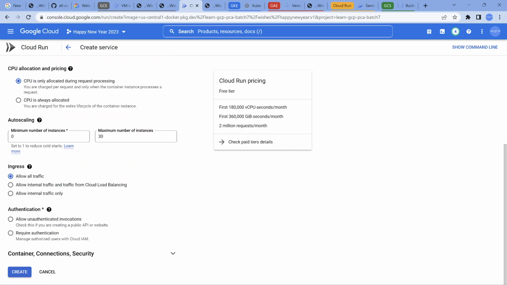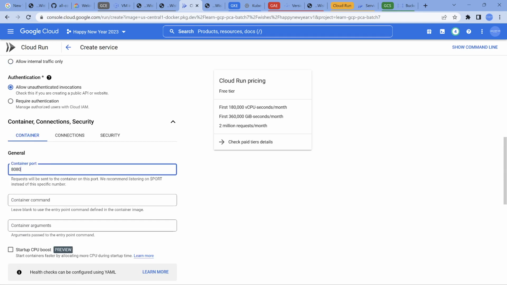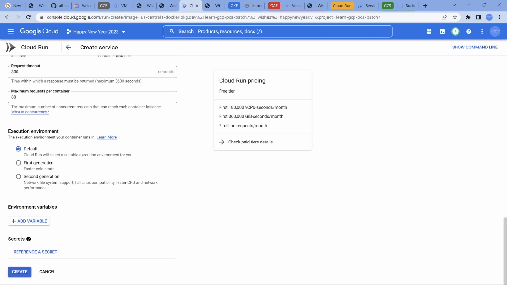One important thing to note here is that if you want it to be accessible to the public, you have to select allow unauthenticated invocations. Another important point is that by default the port is going to be 8080, but since Nginx listens on 80, you have to make it 80. So that's it. If you click on create,